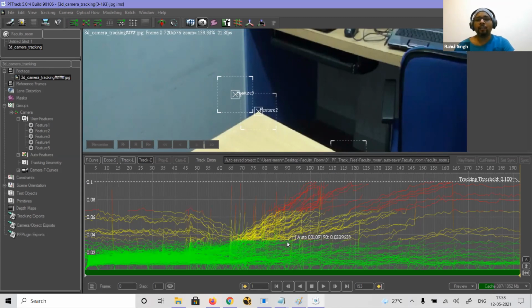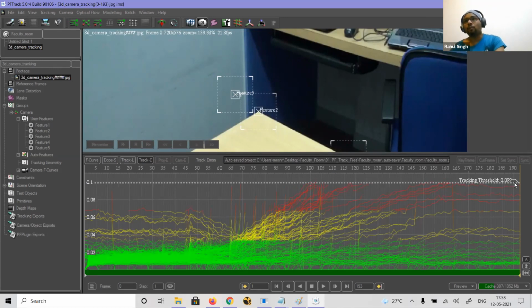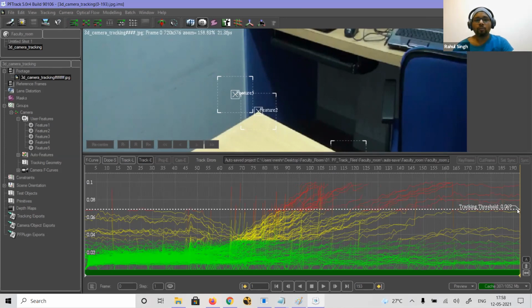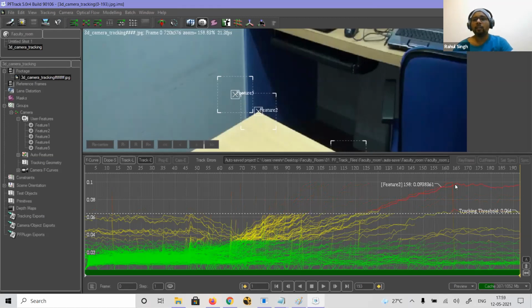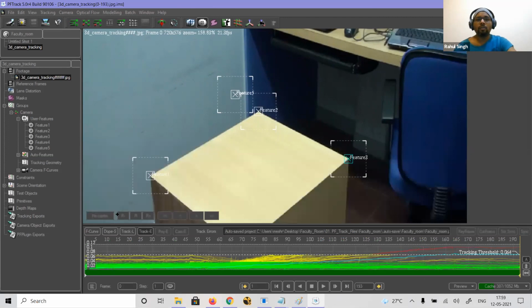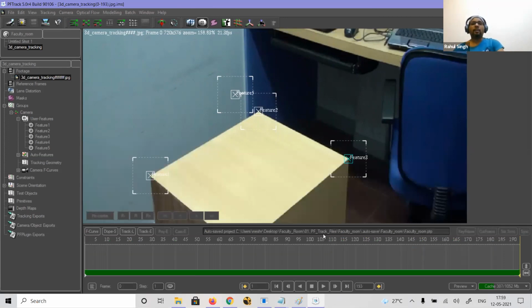So what you have to do is minimize this error. So what I have to do is go down. I want some mixed bag of green and yellow, but not red, certainly not red. So I'll push it totally down. I'll remove the red totally. So somewhere around, I think, 6.4, right? And this is the manual track point. Manual track points I cannot control with this. I can control only auto track points here. So I can move this. Okay. So I'll get a much better result. So this is the track E which we have to do. Okay, so come back to your timeline.